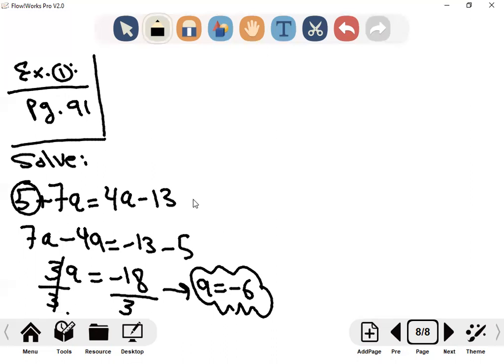Now let's go to the check after this example. We have a check, let's do it together. We are on page